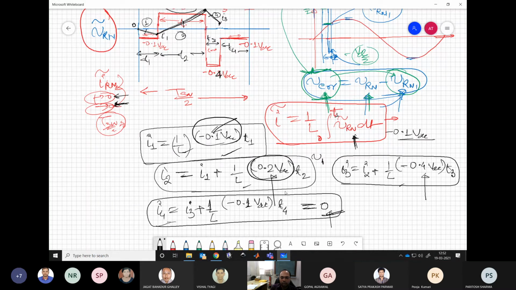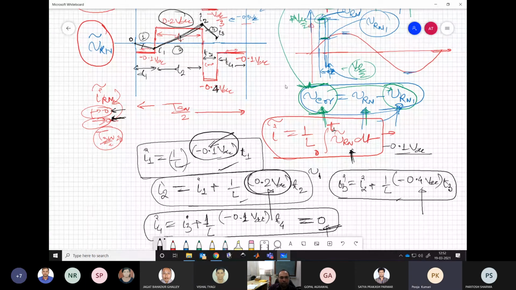Getting my point? So this point will actually meet here. And again, next sub-cycle. Sub-cycle is half of the switching cycle. This is the sub-cycle, we also call it. So again, next sub-cycle, it will start from here. It may go like this or that, depending on what our error is coming.